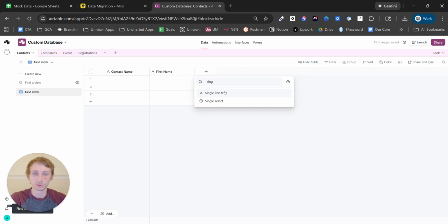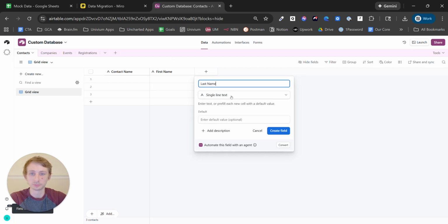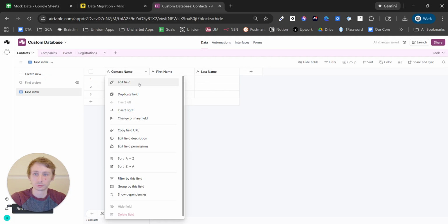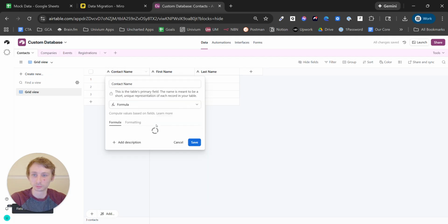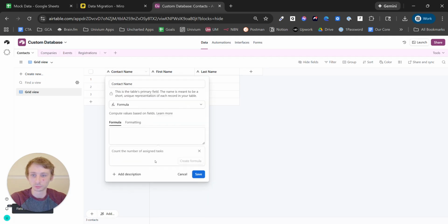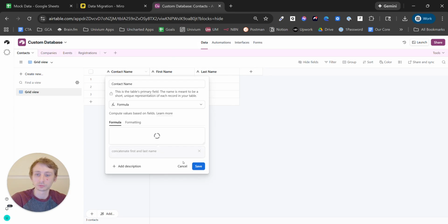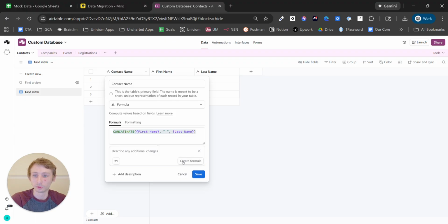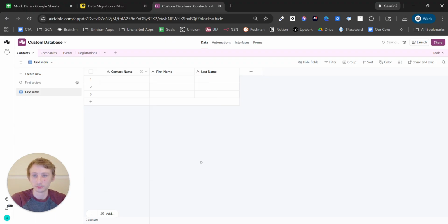single select, single text. Last name, I'm going to make this a formula and say concatenate first and last name with a space in between. So now if I put myself in here, right, you'll see my contact name,